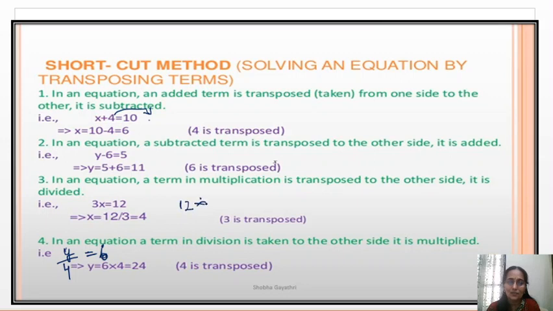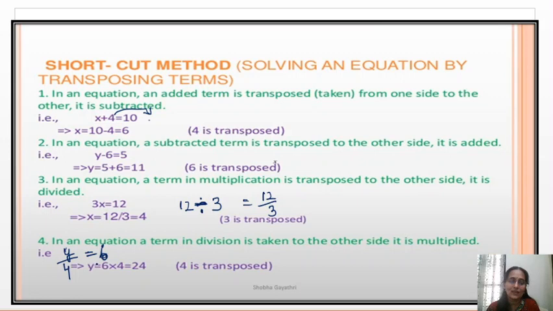Right, if you are confused, write the division operation only. It is a multiplication operation here. 12 divided by 3. You can write in terms of fractions also as 12 by 3, but write as division only. You will be more clear to find the solution. Afterwards you write it as 12 divided by 3. Now x equals, you will get 4 as the quotient here. You got the right hand side one number and left side x. X equals 4 is the solution of the equation.